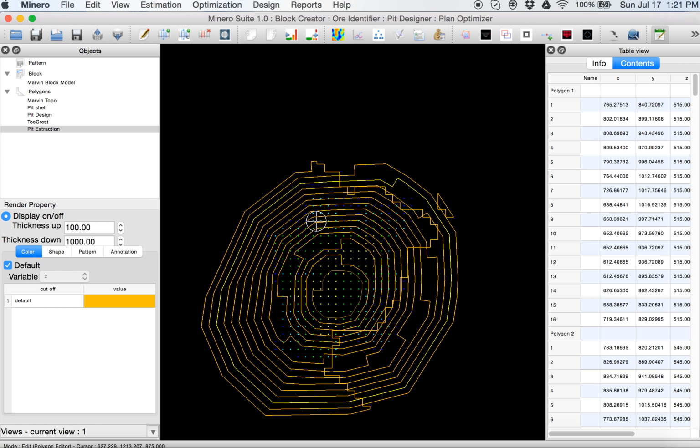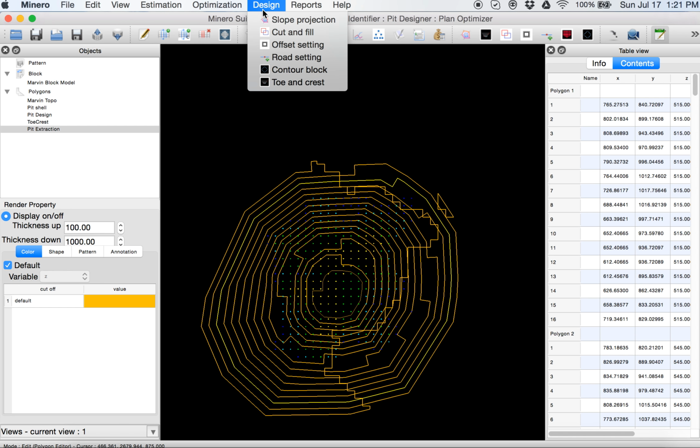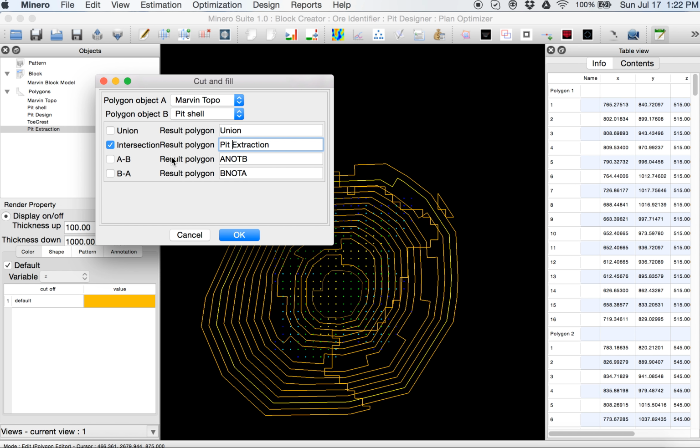If we want to get the pit limit, just another operation with our cut and fill. In this case, we'll call Marvin and pit design, and we'll have here pit limit. So I don't need to do that again. Pit limit is there, topo minus design.